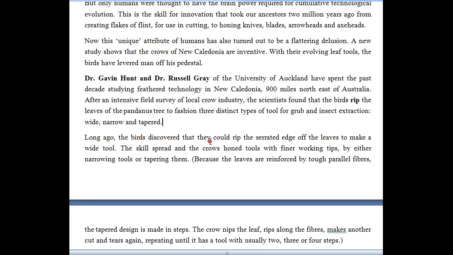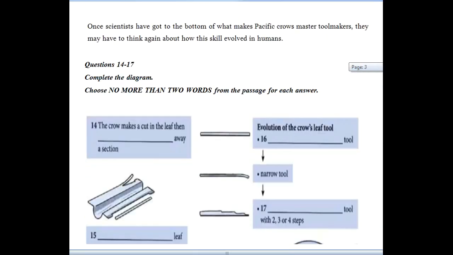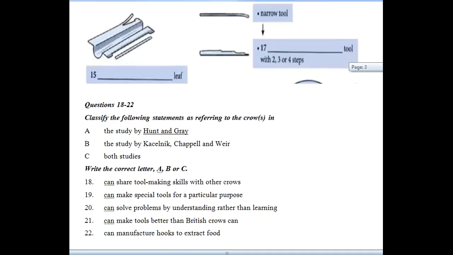Long ago the birds discovered that they could reap again. So this is the answer. They could reap. So the answer is reap. The first answer is reap. Let's see what is the next question word we have. The next question word